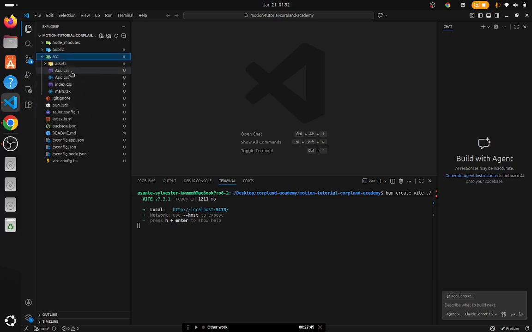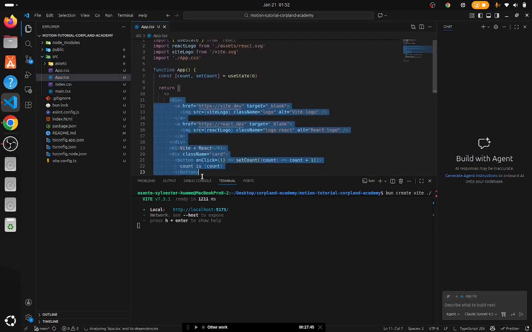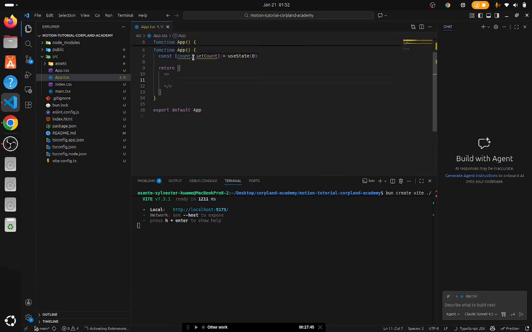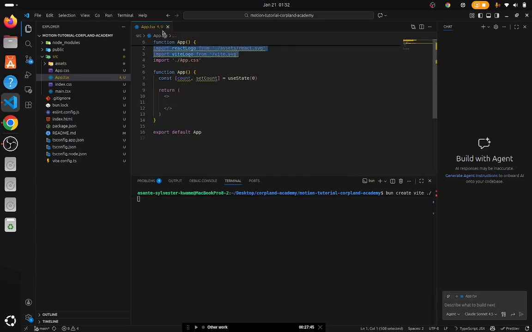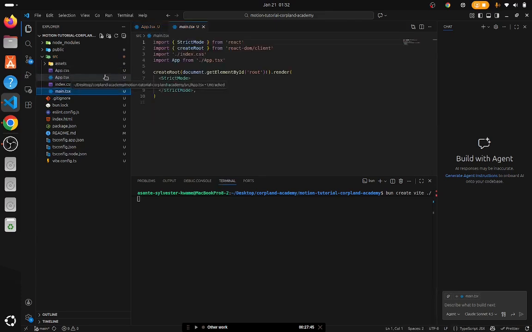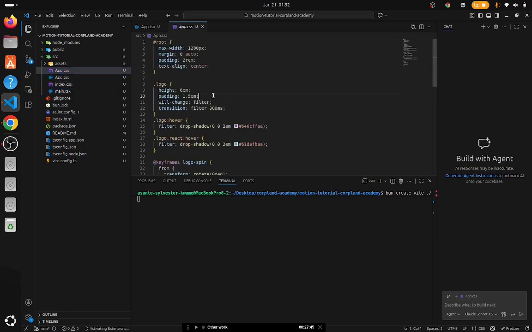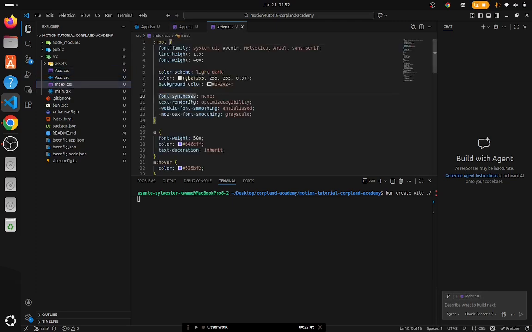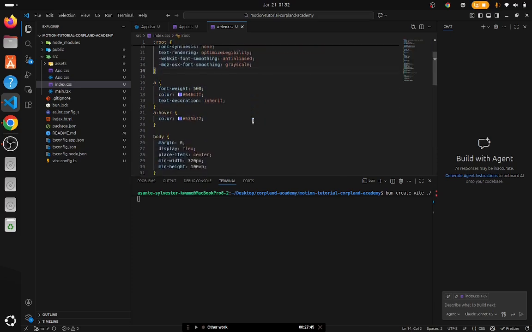So I'll open up the src. I'll go to the app.tsx right here. I'll just clean it all up just like that. Okay, so now we clean that up. I can just remove this by selecting and hitting Ctrl X to just cut them out. Do that for this one as well. Okay, we don't have to change anything here. We just go to the app.css, take that out, and go to the index.css, and I think, yeah,